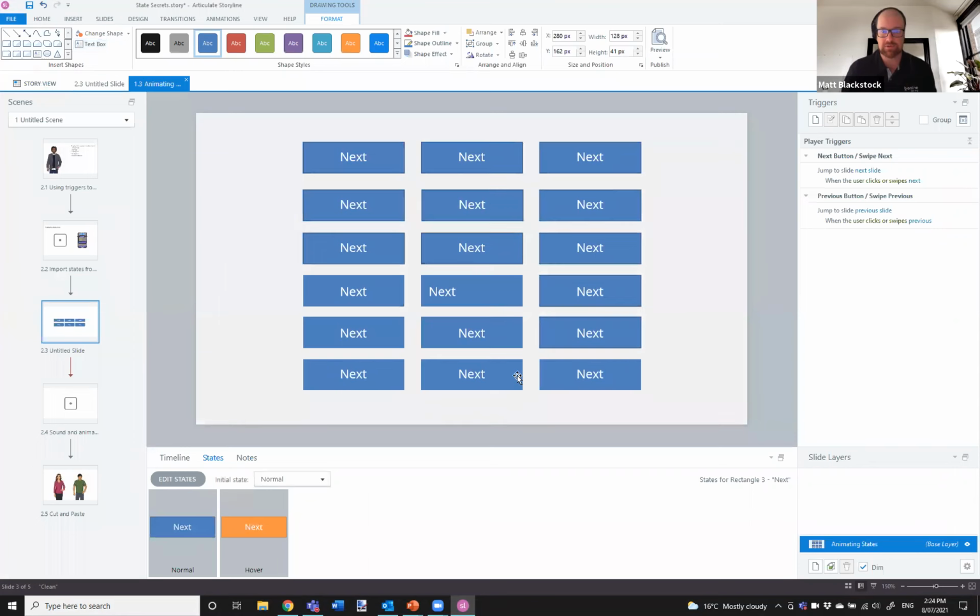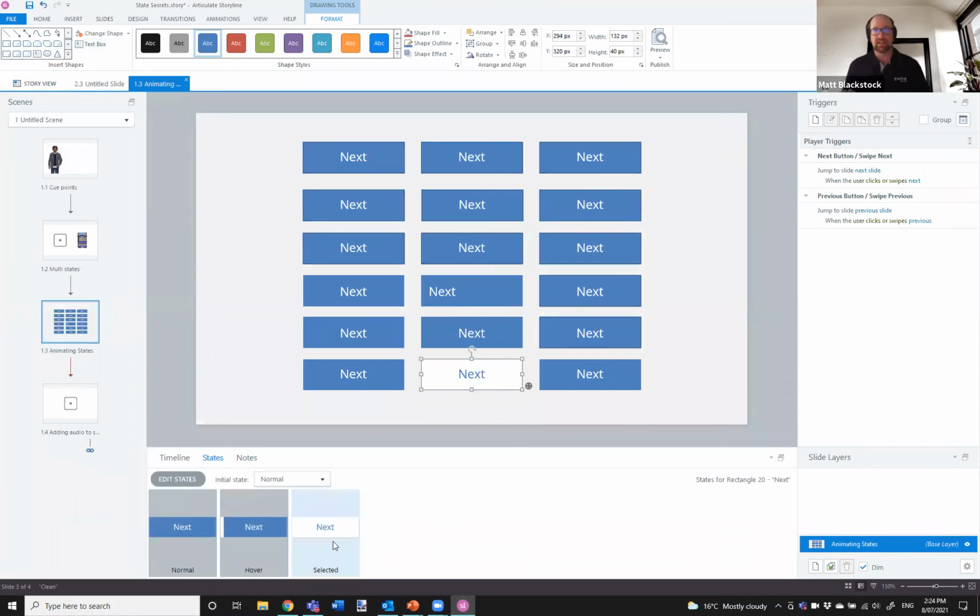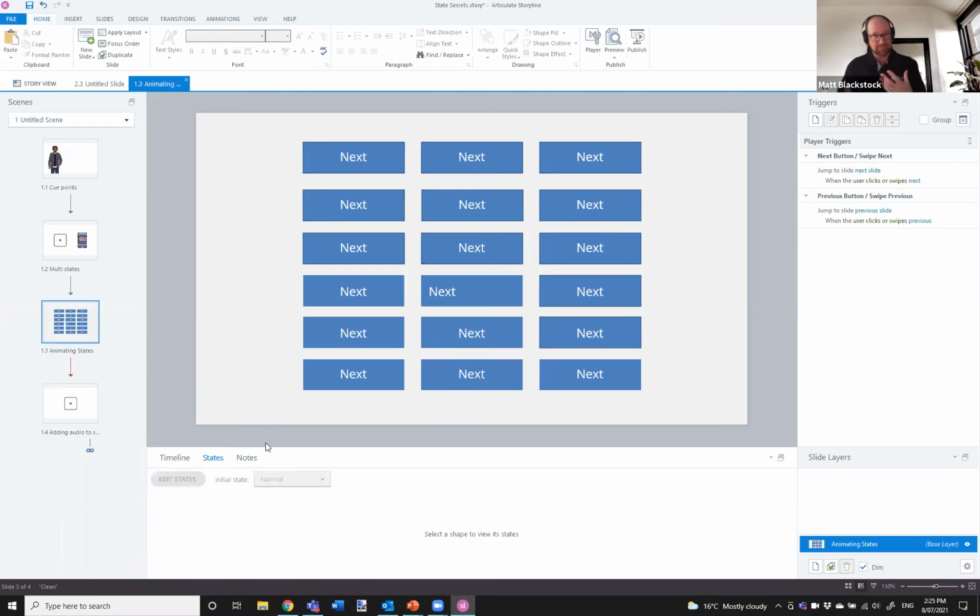So these ones down here, which had the selected state on them, I've just created a selected state, same process, and I've added the animation to that. So it animates in and animates out when the learner clicks on selected, and when it unselects, the animation out kicks into play as well. All right, so that's something I really recommend jumping in and having a bit of a play with. You can have a lot of fun with it.